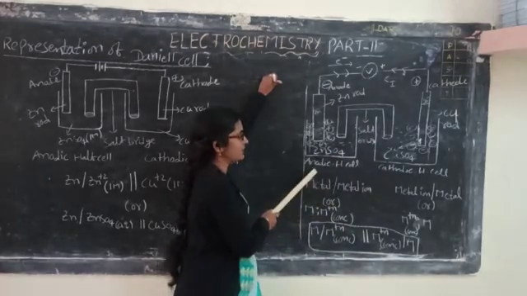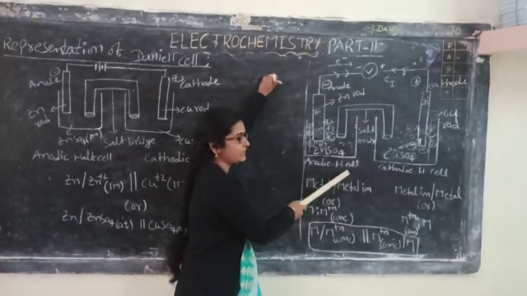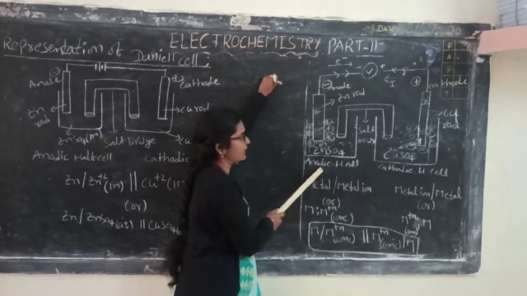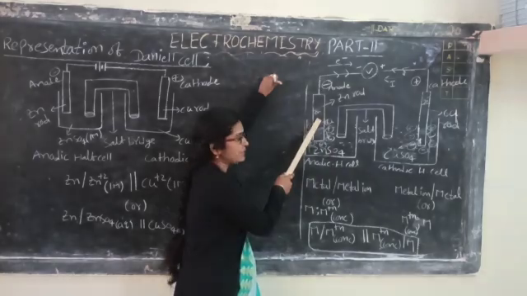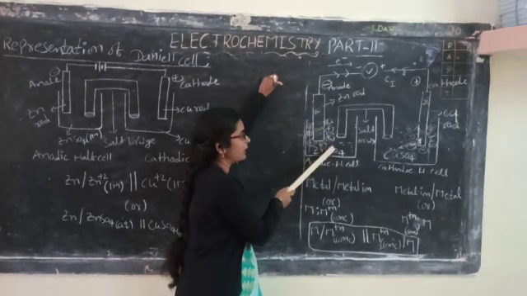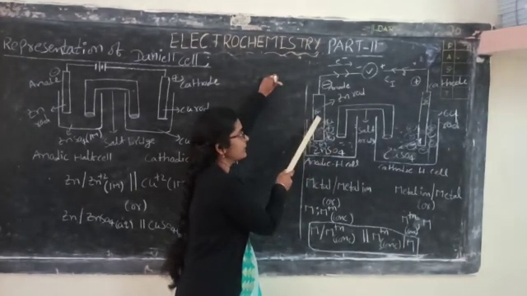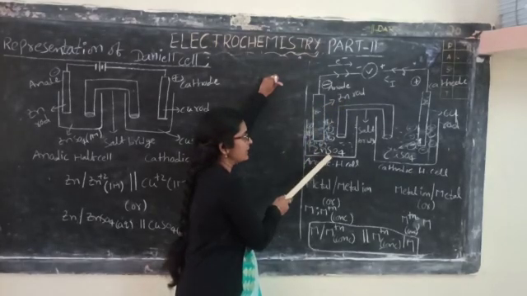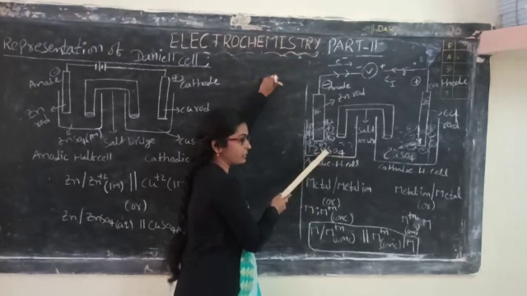First we discuss the anodic half cell representation. What is the description of the anodic half cell? Here this is the electrolyte, and this is the electrode. The electrode is dipped in the electrolyte. The electrode is made up of metal, so it is a metal rod. The electrolyte means metal ions are present in the electrolyte.